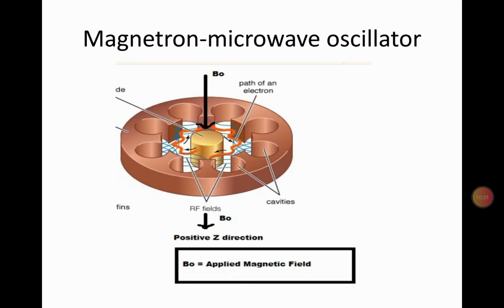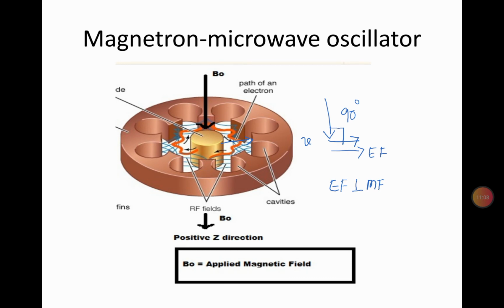Is that clear? Okay. Now, to give you a feel of it, the movement of electrons is in this direction, right? So the velocity is in this direction and the magnetic field is in this direction. So the angle between them is 90 degrees. I hope now you are convinced that this is a cross field tube, and the electric field is also along the velocity. So that's why it is called a cross field tube.